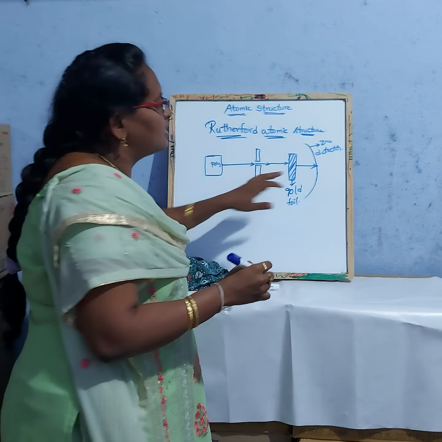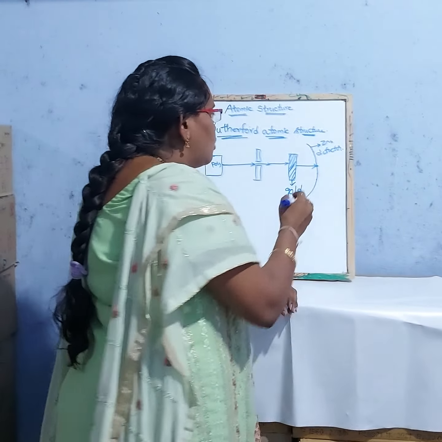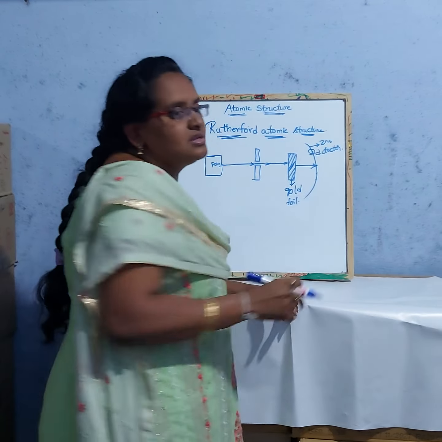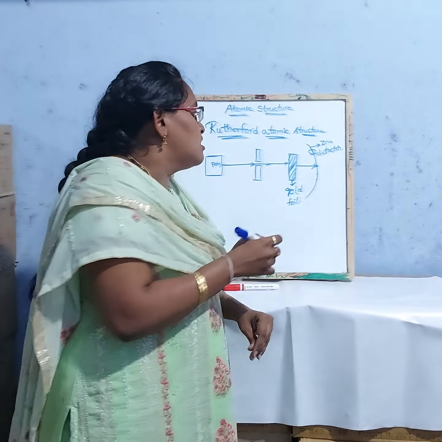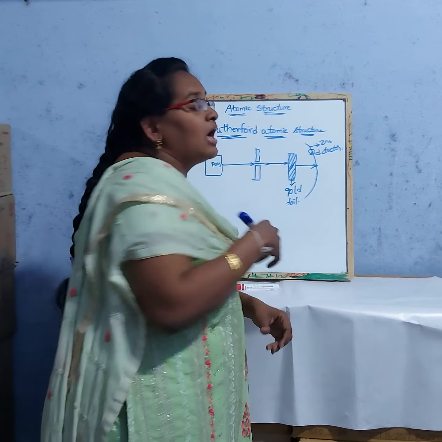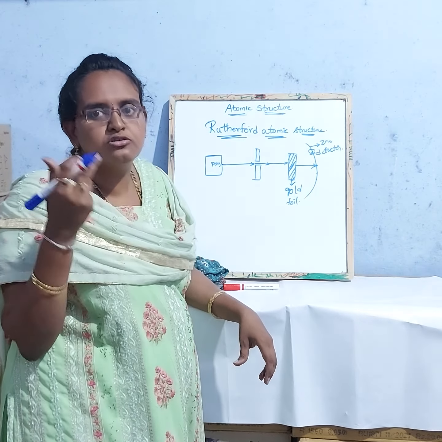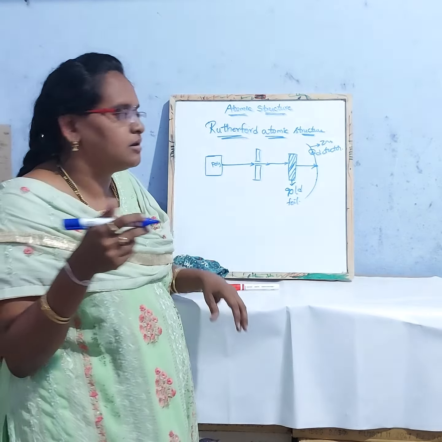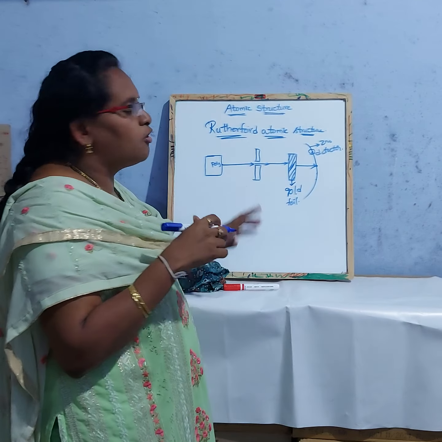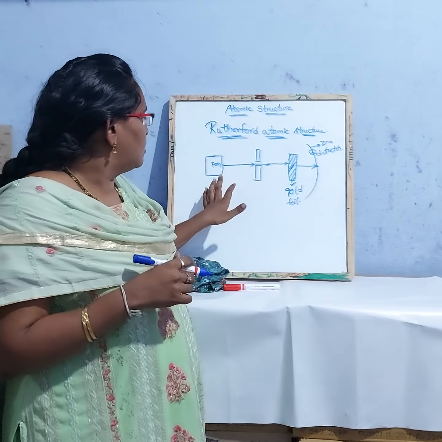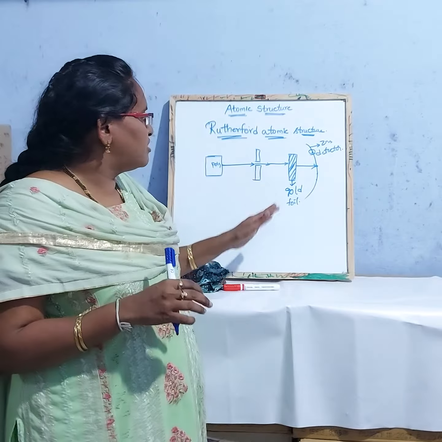How can we know these are alpha particles? Because zinc sulfide is the detector of alpha particles. When alpha particles hit the zinc sulfide, they create some fluorescence, so we can know that it is an alpha particle. In this experiment, he made three observations. The first one is